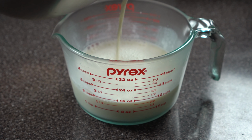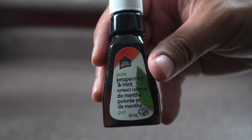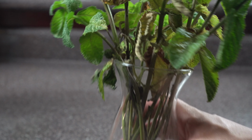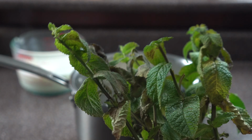There are many different ways which you could flavor your ice cream, one of my personal favorites being mint. All you have to do is add 1 teaspoon to your ice cream base and you're pretty good to go. Or if you're really bougie, you could use fresh mint. This will give you a more pungent and pronounced mint flavor. If you're like me and have some tired looking mint, just pick off the nice leaves and let it steep